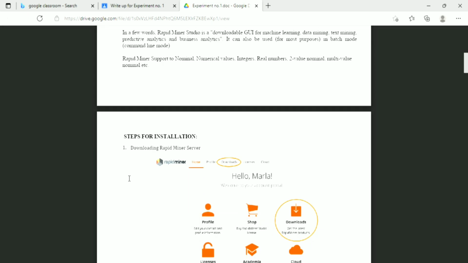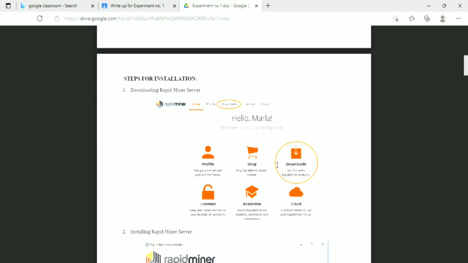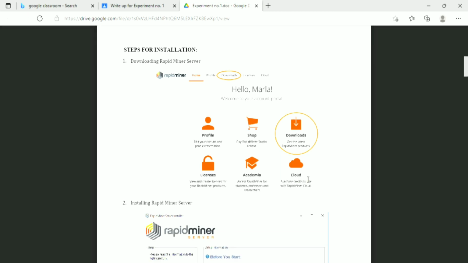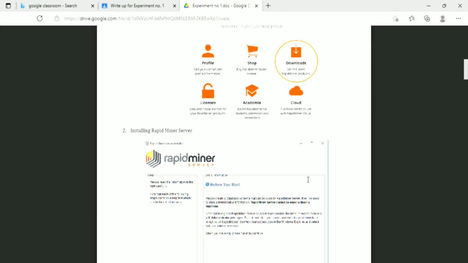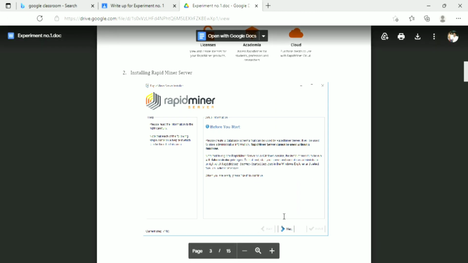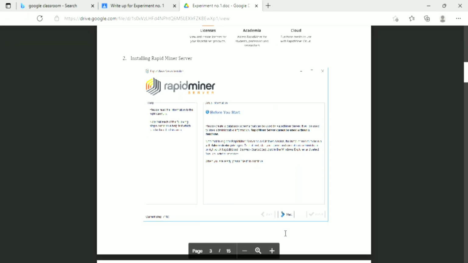I have already downloaded this RapidMiner server. You can search on Google or Chrome, just type download RapidMiner server, and the window appears like this. Then go to downloads, and here is a download button. Then install RapidMiner, accept the conditions and click next.